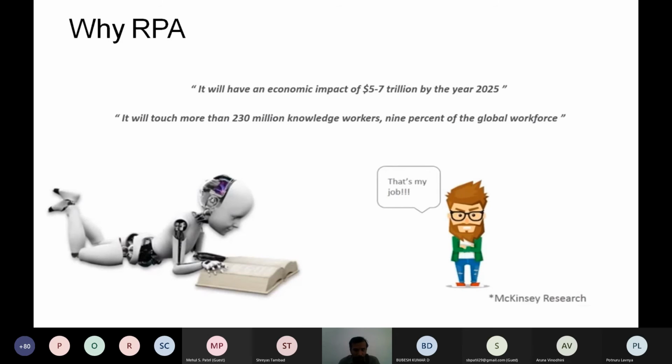So this point is purposely said here because we don't want to train our students to do repetitive tasks. We need to give them more information about technologies of the future where they should equip themselves to think out of the box. So when we say that these jobs are taken by the robots, there are other jobs which only humans can do, and our students need to be trained to equip themselves for those jobs.